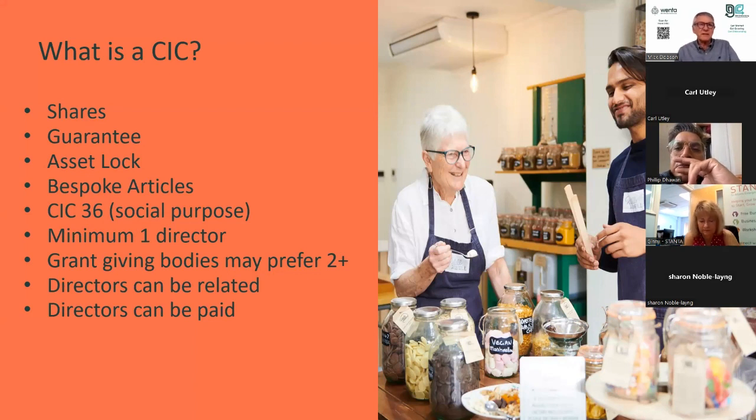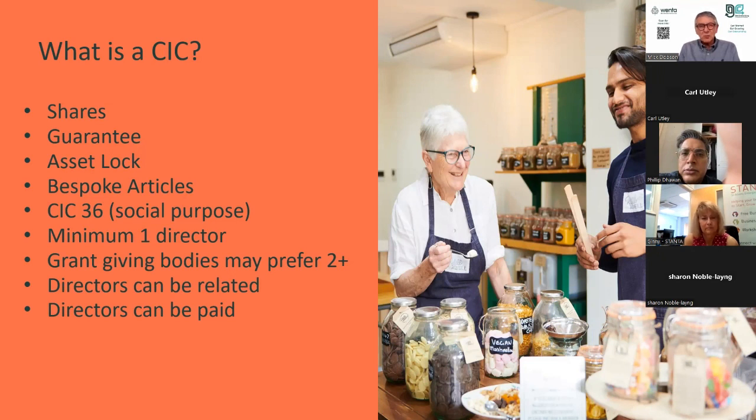There are 4 sorts of CIC. There's limited by shares and limited by guarantee, and within those two, there are those with a large membership and those with a small membership. So effectively, there are 4 options. Each of those 4 options has a standard set of articles of association, but you have to download them from the Companies House website and put your CIC's name at the top. That makes them bespoke. You don't have to go through the modifying clauses here and there. So you have on your laptop a set of articles with your CIC's name at the top.